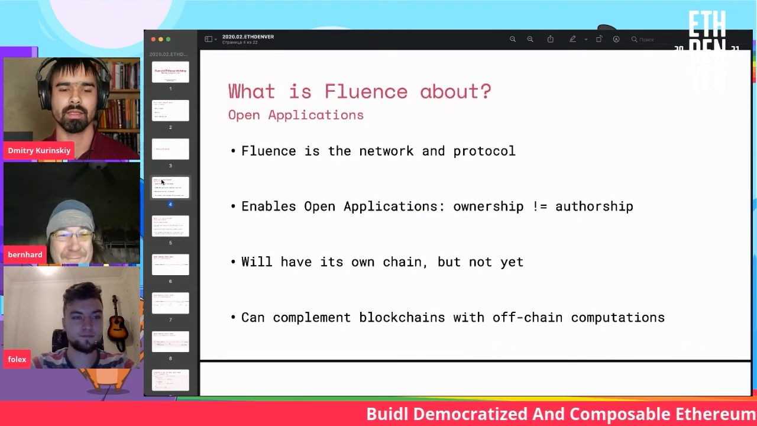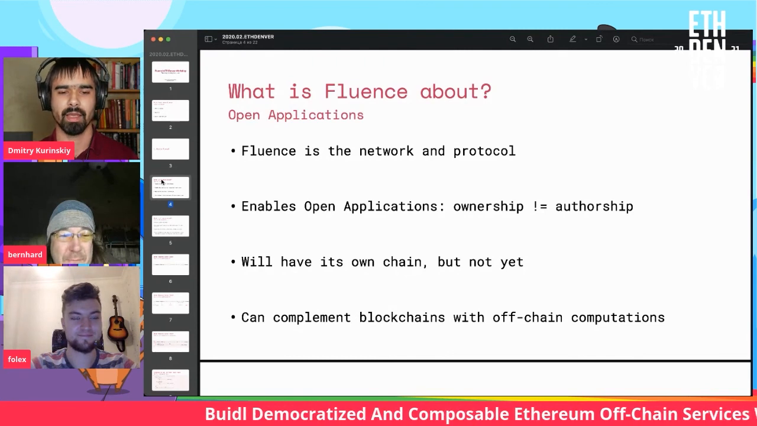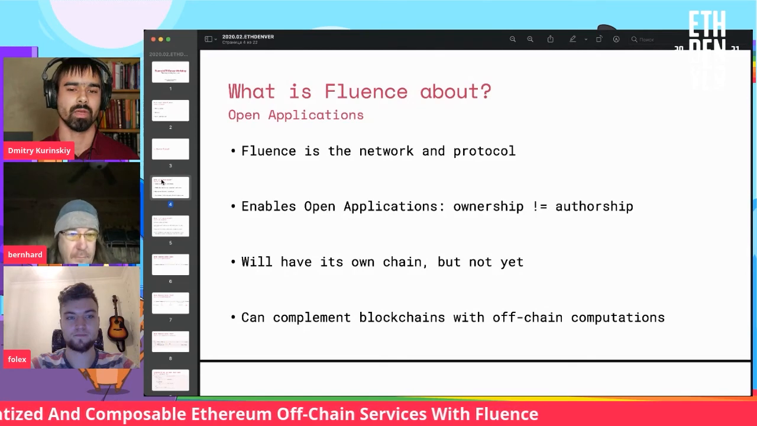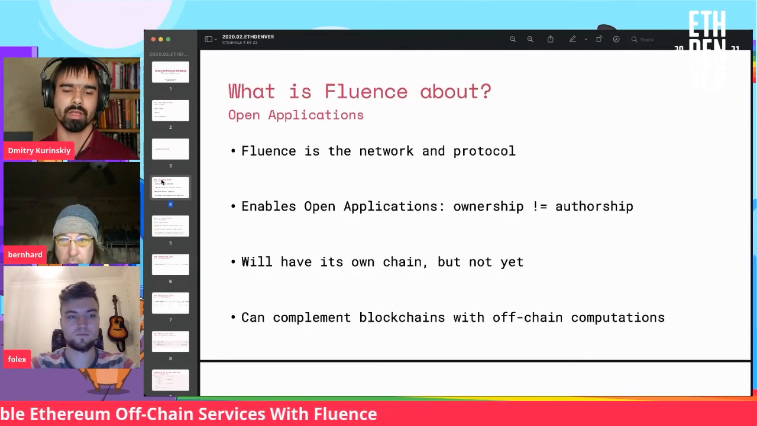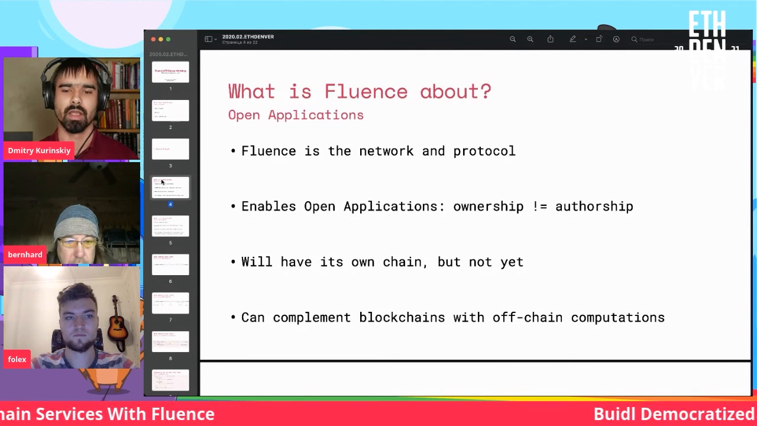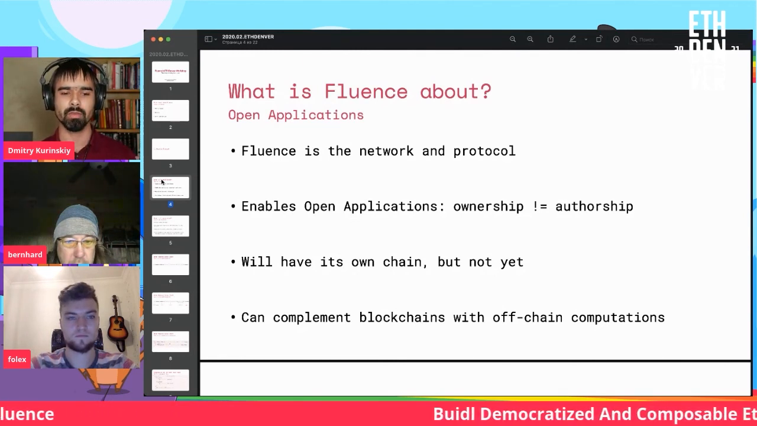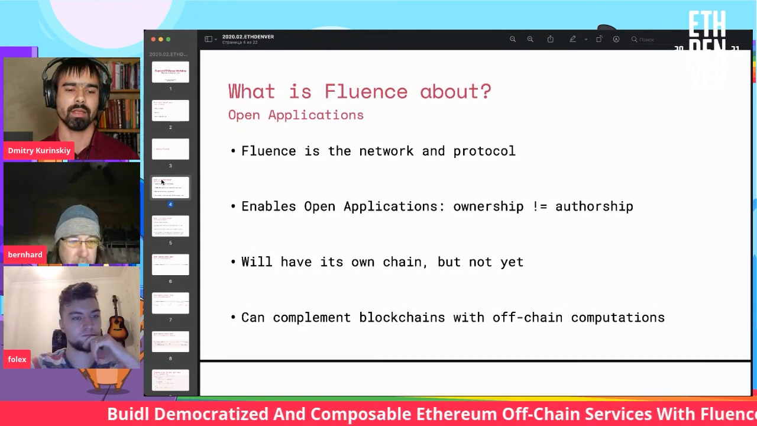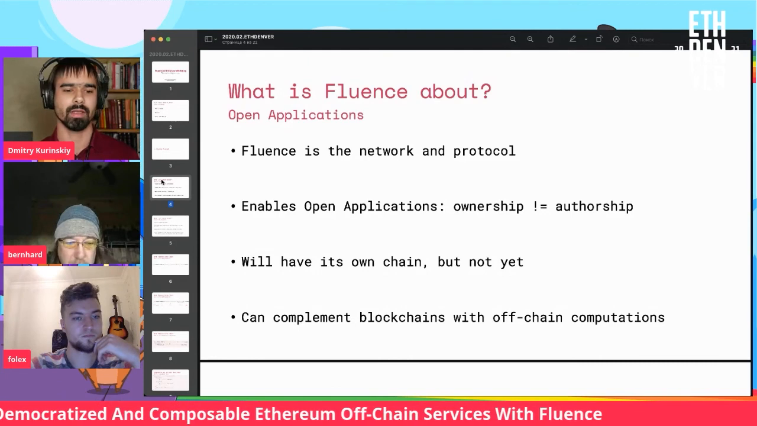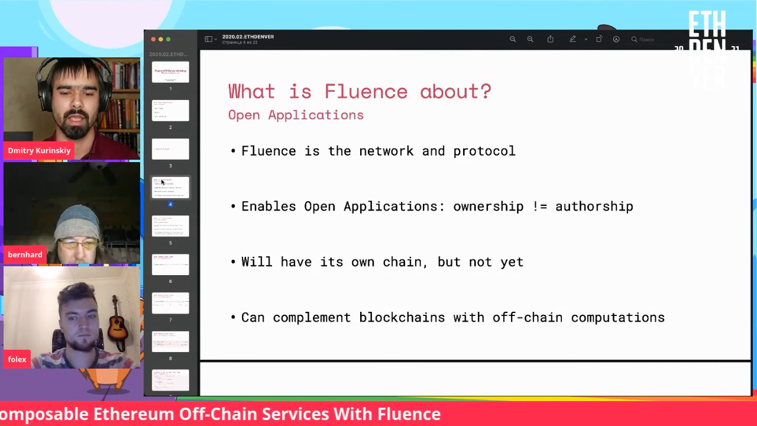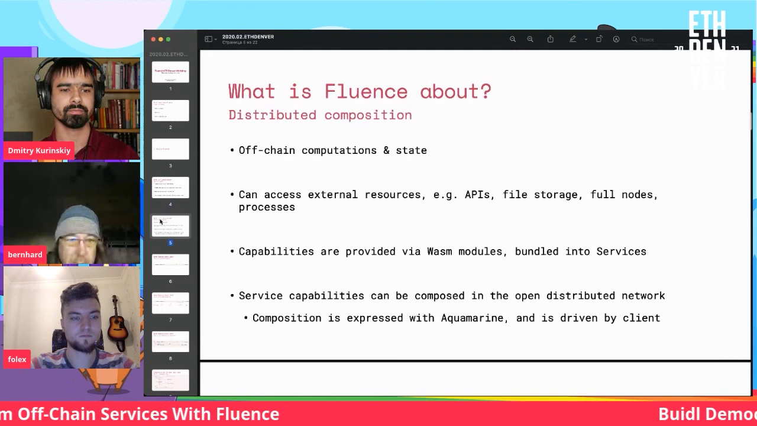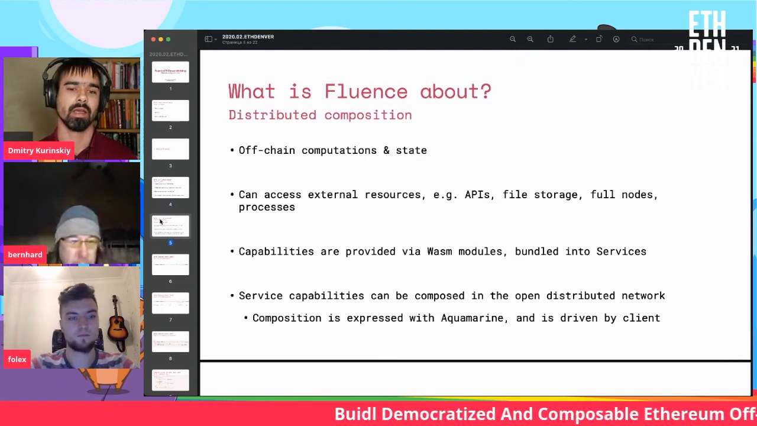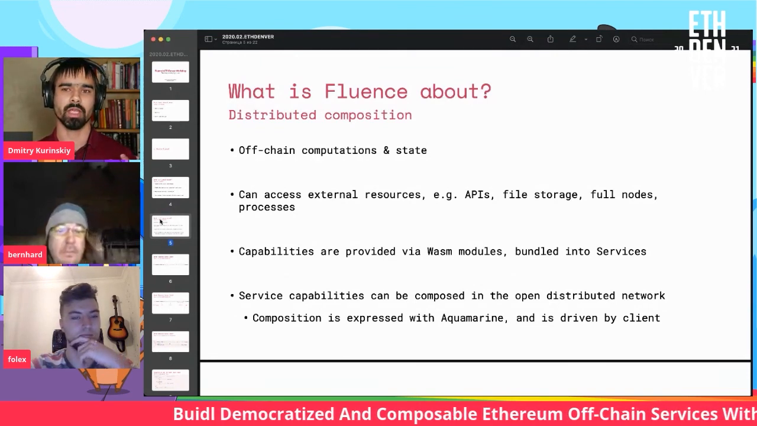Fluence is a network and protocol. It enables open applications. It's a new concept that requires detaching ownership of the application or services from authorship. It will have its own chain, but it doesn't yet. And what's most important right now is that it can complement blockchains with off-chain computations. Fluence is all about distributed composition. So it has off-chain computations and state,